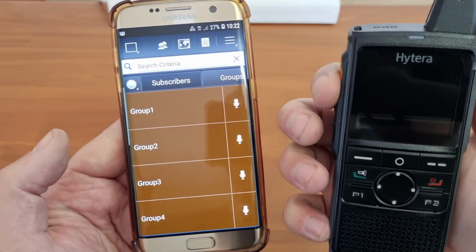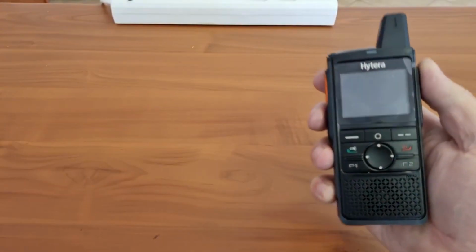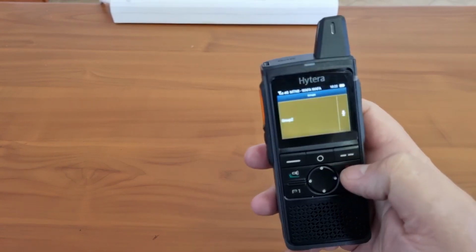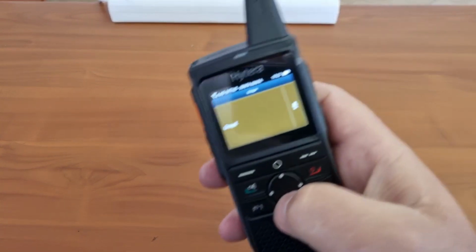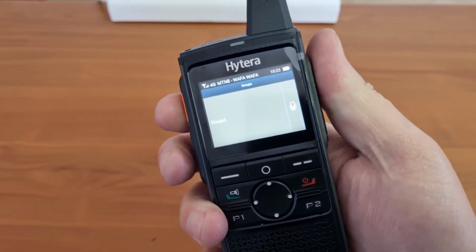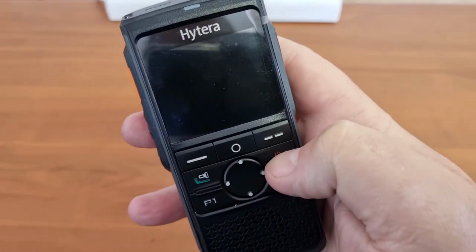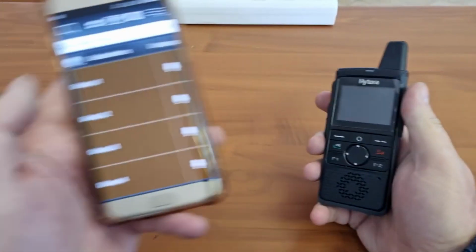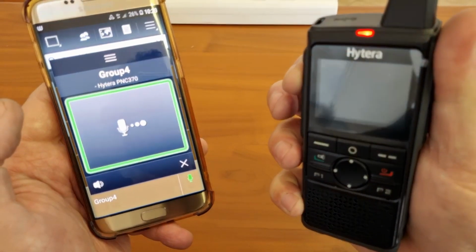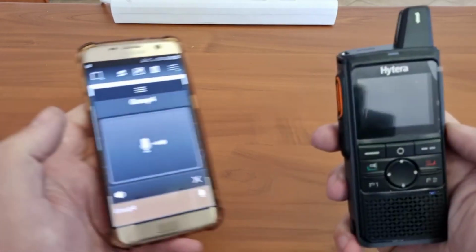Let me indicate. Okay, group 2. So let's take this away and switch the display on again, and we go to group 4. Okay, I will be switching off the display again, and all I need to do now, and I'm bringing the device closer again, is I will PTT, and it is group 4. So the last group that I have used is going to be the group that I will